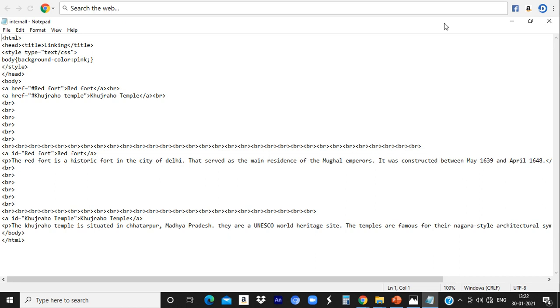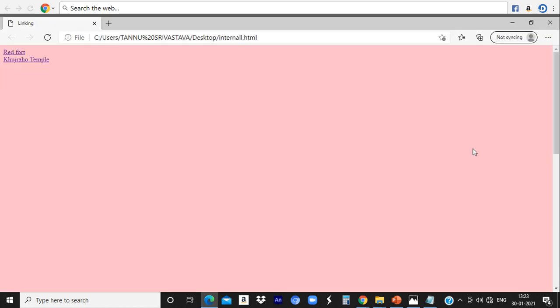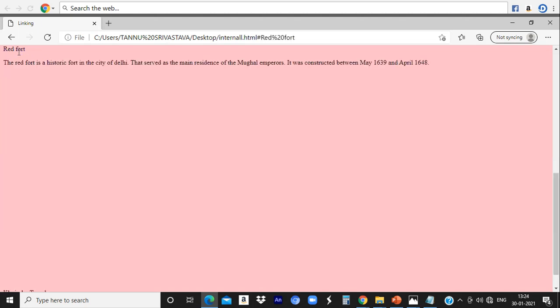If you wish, you can add different formatting options also. When we execute this program, we get the options like this: Red Fort and the Khajuraho temple. When we click on the Red Fort, we get the option like this. That means this is the same page, and we can move from one part to another part within the same page using the internal linking.